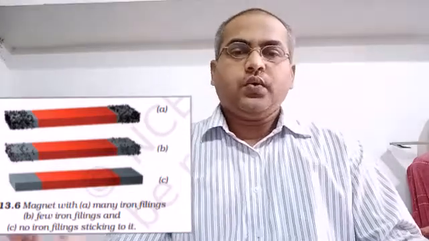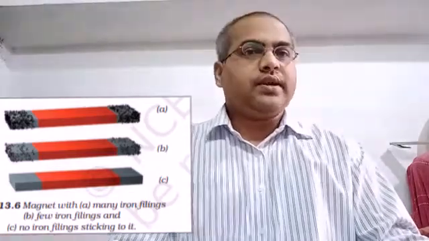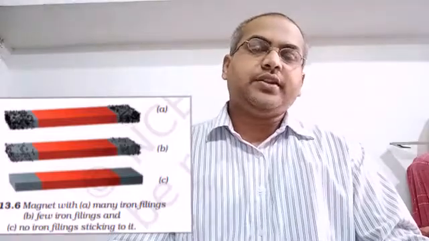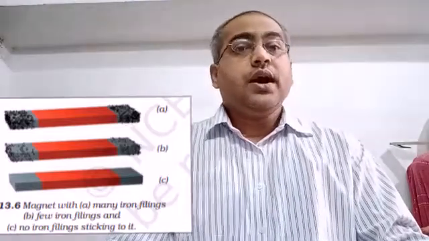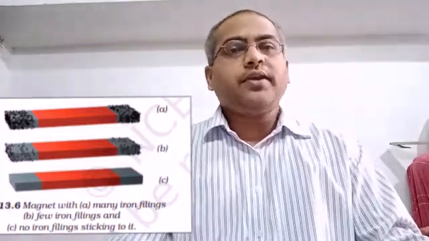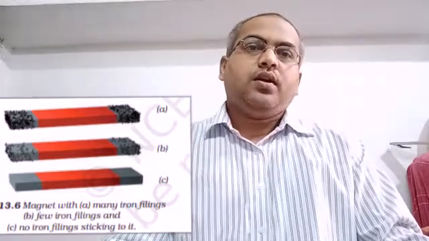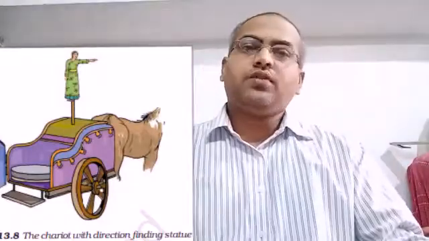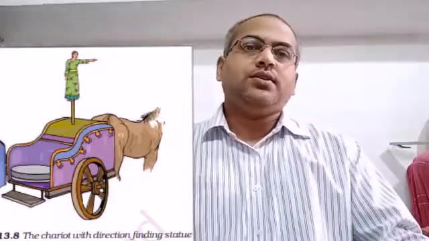So we are going to do an activity. Let's do an activity, that is activity 5 from your book, and you will be able to understand why I am telling you this. For this activity, we have to take a bar magnet, mark one of its ends for identification, tie a thread on the magnet and hang it freely in the air. Suspend it freely in the air.